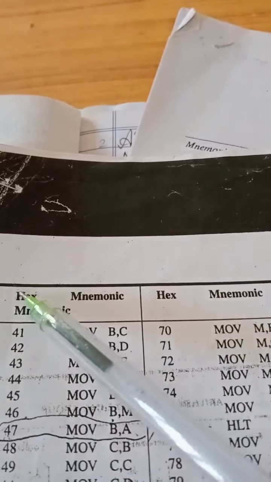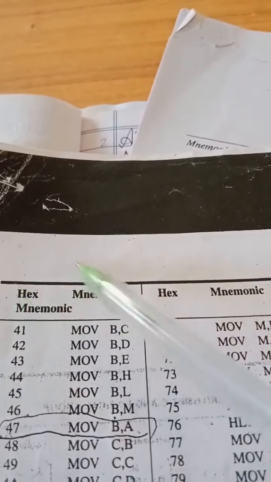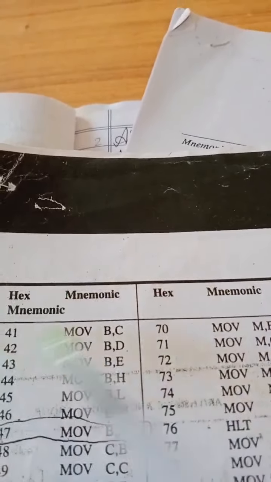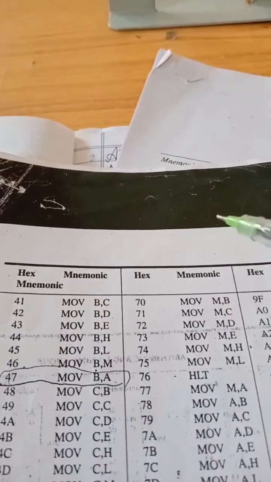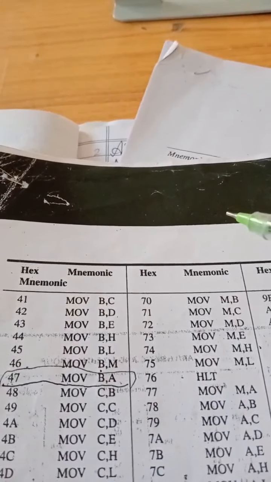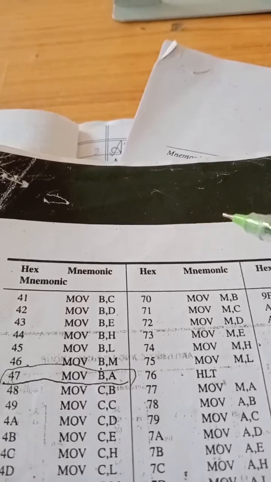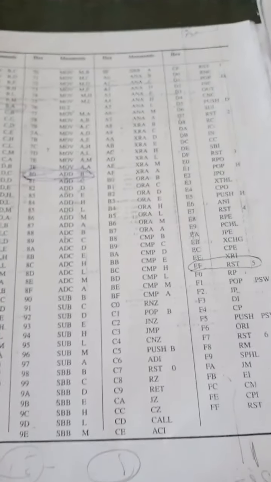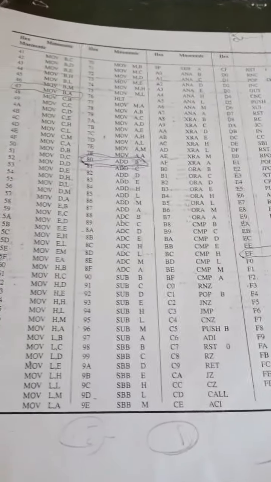That code is in which form? Hexa form. So mostly what will the microprocessor do? Everything it will enter in hexa language. Keep that in your mind. You can see these hex code sheets, which means whatever data we are writing is in hexa language, and the result will be in hexa.